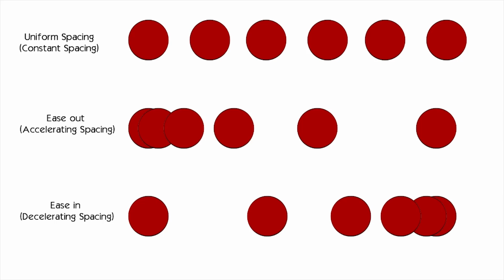So this idea of ease in and ease out is kind of another way just to say accelerate or decelerate. Are you accelerating into your next pose or are you decelerating into your next pose? For example, if you're traveling from here to here and you start to accelerate slowly and then pick up speed and wind up in your next pose, like if you were starting to lean forward on a walk and then pick up speed into your natural walking speed, you would be easing into that motion. If you were doing the opposite, if you were already walking at a constant speed and you were slowing down to a stop, you would be easing out of your constant speed and into your next